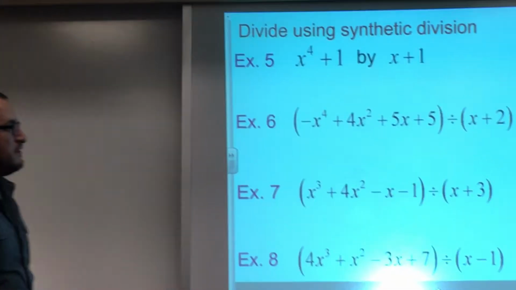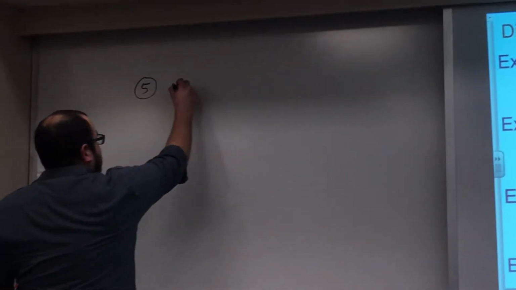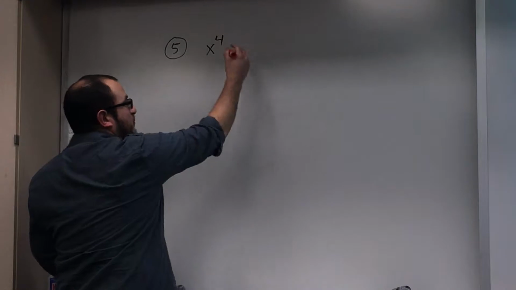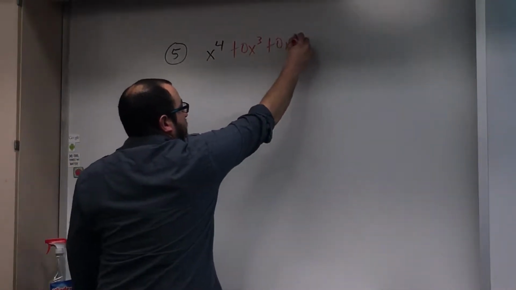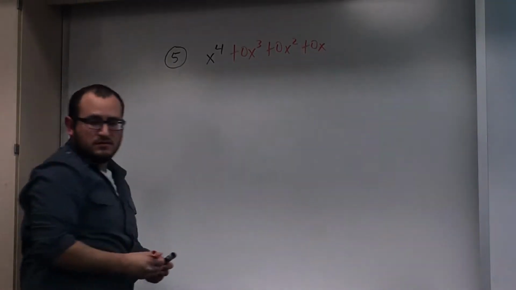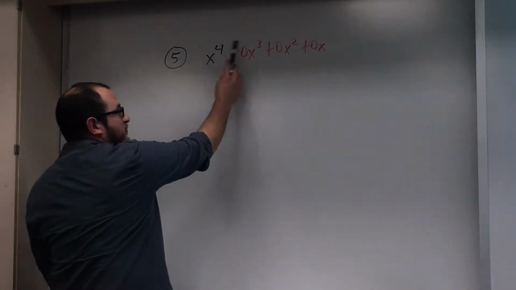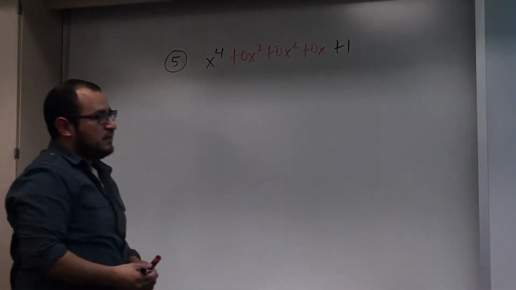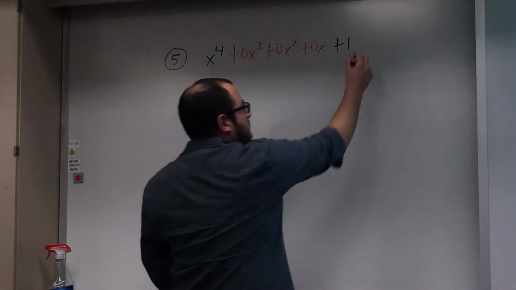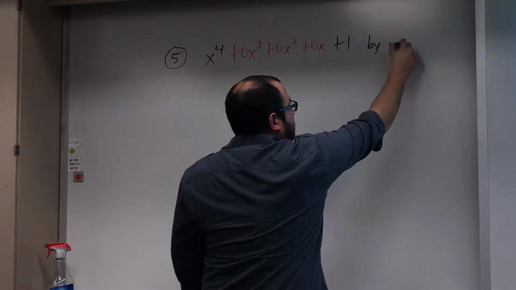All right. So we have x to the 4th. Again, go in order. We have 0x cubed plus 0x squared plus 0x. Because again, we have to go 4, 3, 2, 1, and then my last term is plus 1. And we're going to divide by x plus